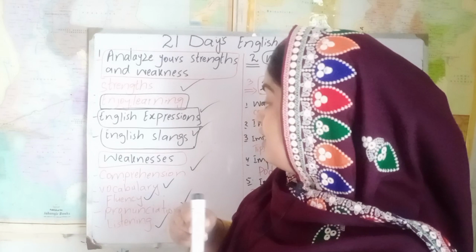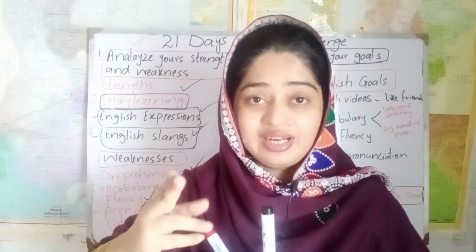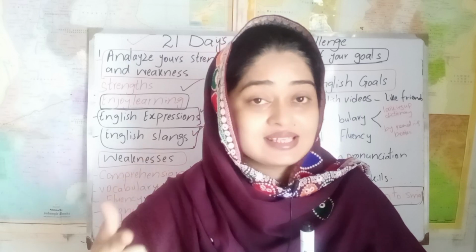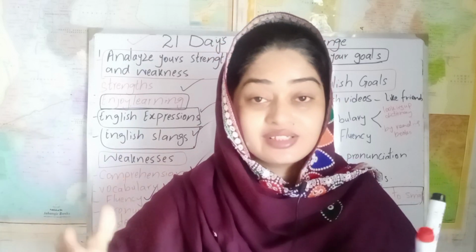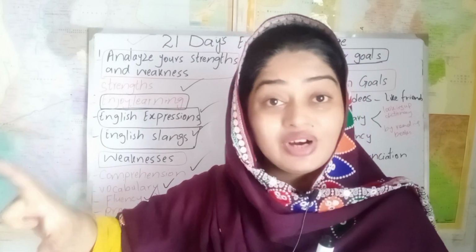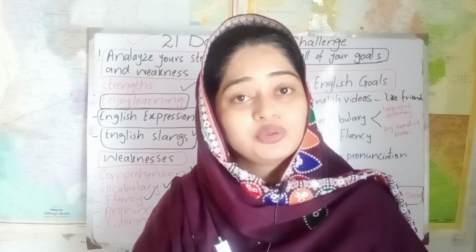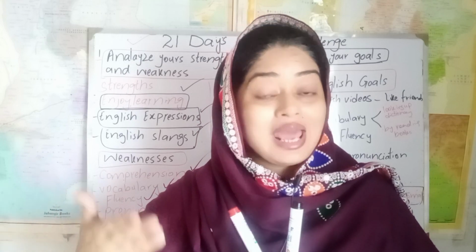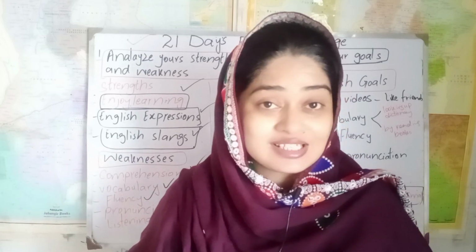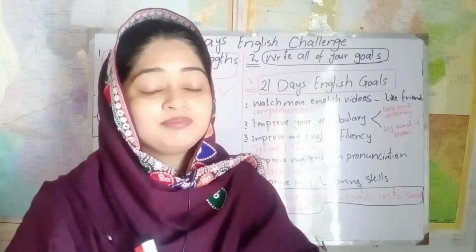So the very first point you have to take into your mind is to analyze your strengths and weaknesses. And what you have to do is take a notebook. Yes, it's very important. Just grab your notebook and write down your strengths on one side of the notebook and your weaknesses on the other side. It will help you to analyze your current situation and go to the next level. And what is the next level? Let's take a look. Write all of your goals.